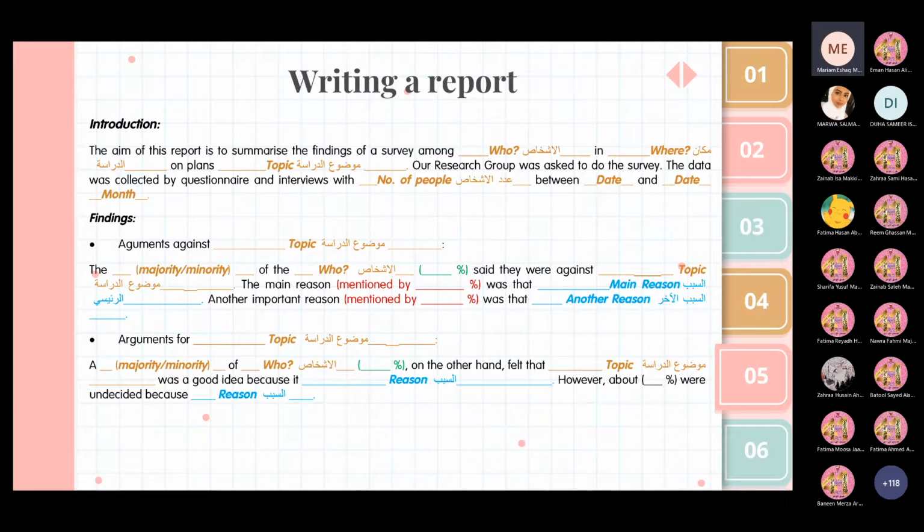And then moving on to the arguments for, you are going to write the heading. Can I add something before you shift to the arguments for? I just want to clarify something for you girls. As you can see that the majority of local people, and you wrote 73% said that they were against building a shelter for stray dogs. So you have the 73, this percentage, in the question itself. Now, regarding the sentences mentioned by the reasons, take the 73%, divide it into two sections. Make sure that the one section is bigger than the other one.